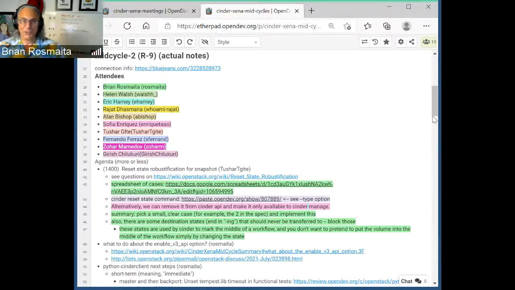All right, next thing on here is what to do about the enable v3 API option. As several people pointed out on the patch that removed the block storage API v2, this option is kind of pointless because if you don't enable it, you get nothing. But the problem was we follow deprecation policy. Anyway, the short story is I put something out in the mailing list, and the TC is perfectly okay with us removing this option without having deprecated it because it doesn't really make sense to keep it. So, yippee. I'll put up a patch doing that as soon as I have an opportunity. So that's just a quick report on that.